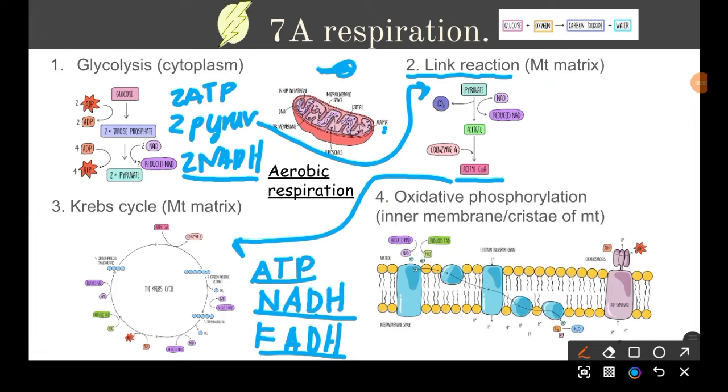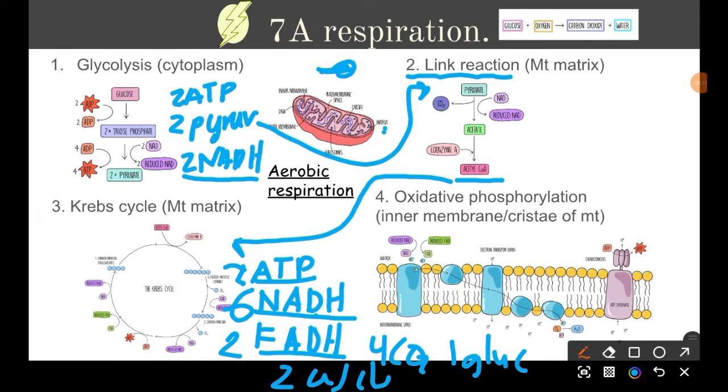And we also produce 4 carbon dioxides, 2 ATP, 6 NADH, and 2 FADH, and 4 CO2. This is from 1 glucose, and 1 glucose is for 2 cycles. Okay, this is definitely not coherent at this point. But anyways, moving on. So all this NADH, or reduced NAD, that we've been making from the beginning, it's all